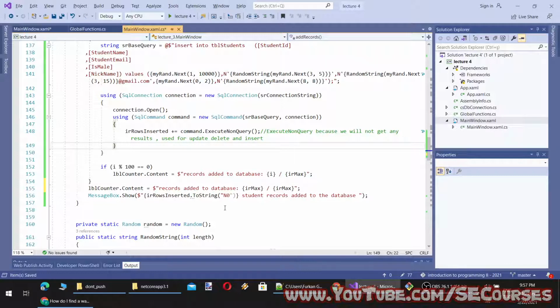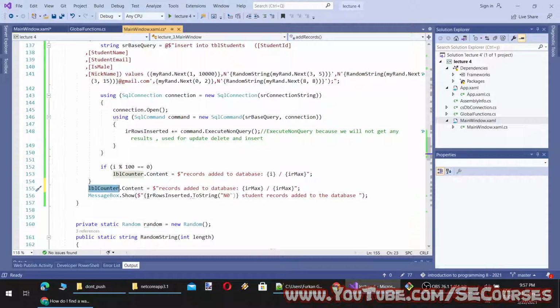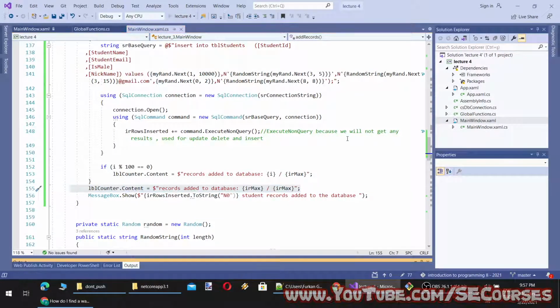However, this will not work. Do you know why? Because this label counter exists on the main window thread. Therefore, we cannot access it from a subthread like this. When I run it, you will understand what I mean.